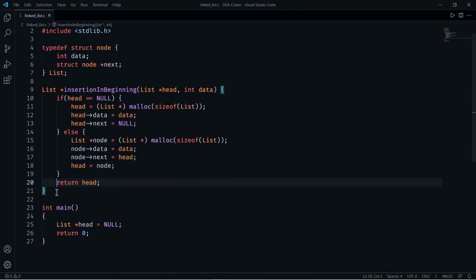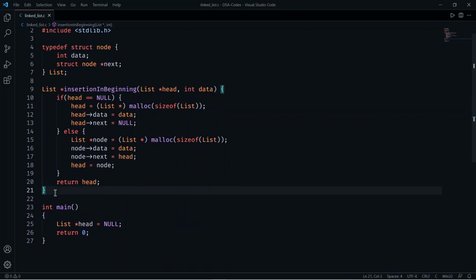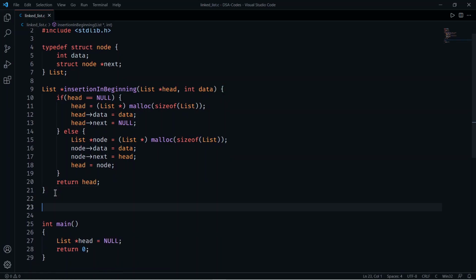So let's check, first of all, we can also create a method print for printing the list.